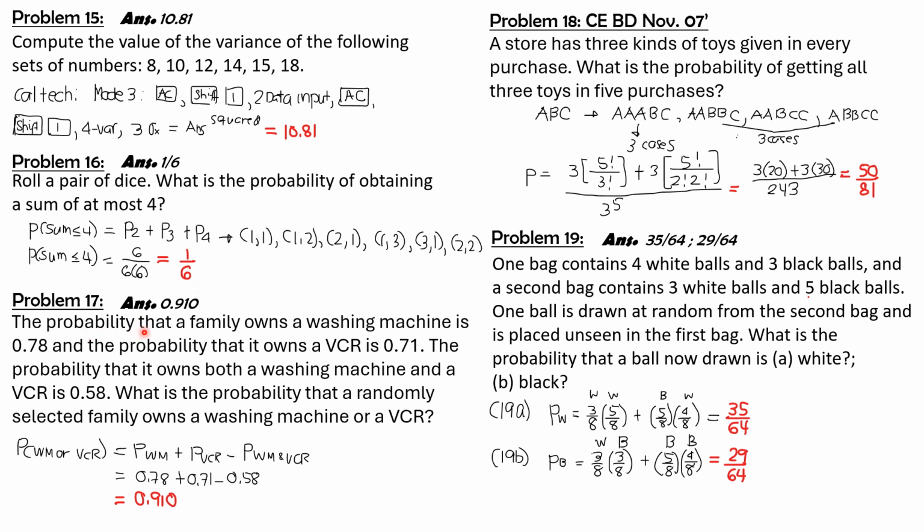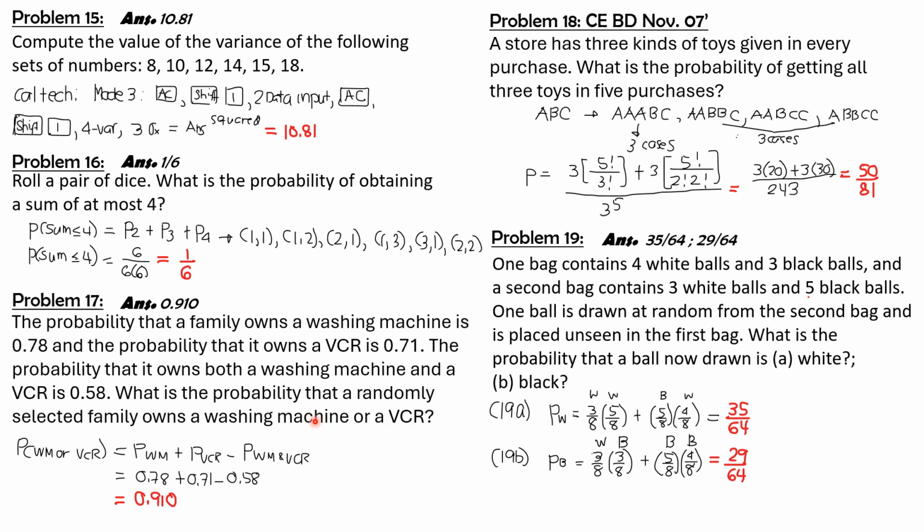17. The probability that a family owns a washing machine is 0.78, and the probability that it owns a VCR is 0.75. The probability that it owns both a washing machine and a VCR is 0.58. What is the probability that a randomly selected family owns a washing machine or a VCR? This is probability of compound events with